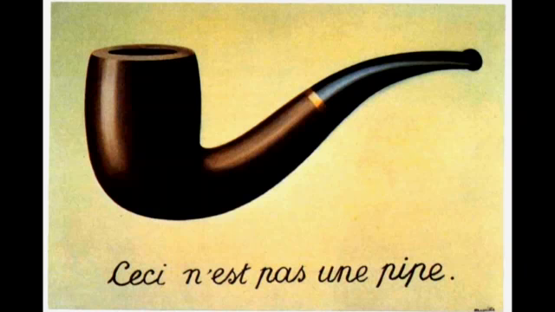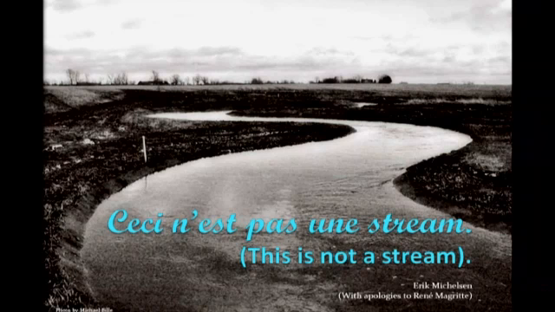The inspiration for my presentation was this painting by René Magritte, an early 20th century French surrealist. The title is "This is not a pipe." The idea of the painting was to challenge the representational notion of objects. It was in fact a painting of a pipe rather than a pipe itself, but to get us to think along those lines. The idea of my presentation is that this is not a stream, this beautiful S-shaped sinuous form